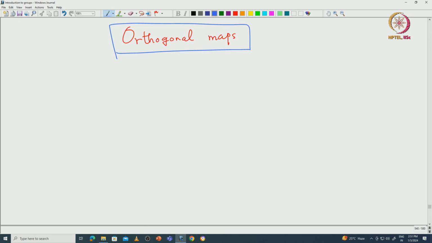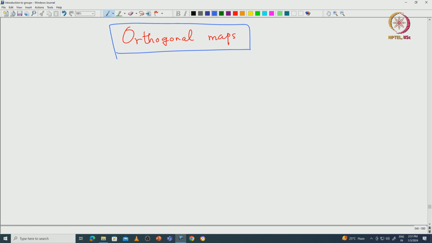Once we understand the orthogonal maps, then it is clear that any given isometry is just a composition of a translation and these orthogonal maps. So from that we can very well get all the information, for example the physical interpretation of those maps and so on. Okay, so let's start with some orthogonal maps and then try to understand what they mean.